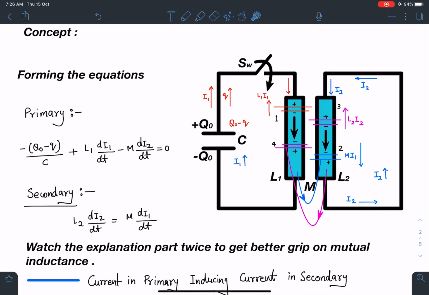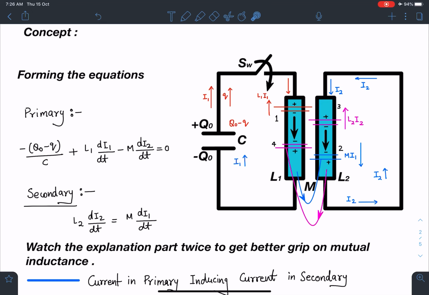So here this current is increasing. Due to self-inductance, it will try to oppose that increasing current. In order to oppose that, the corresponding flux will be L1 I1, and it will oppose, and that battery will have EMF of L1 di1 by dt. Alright, this battery will have EMF of L1 di1 by dt. Let's not think about this right now. Let's see what is going to happen.